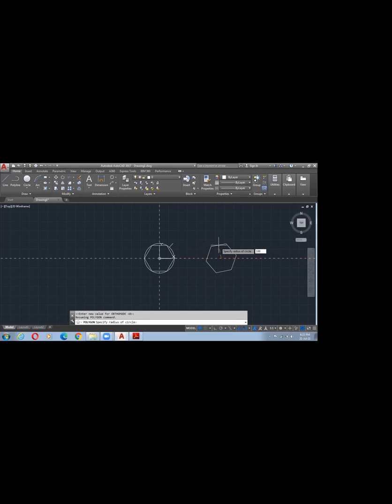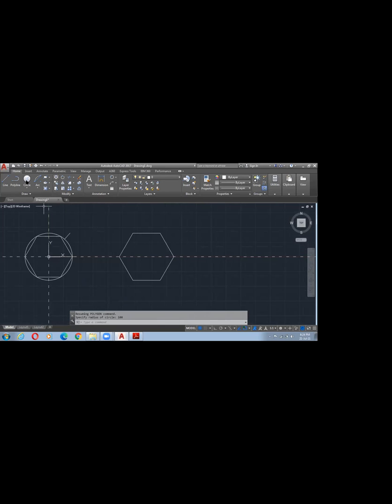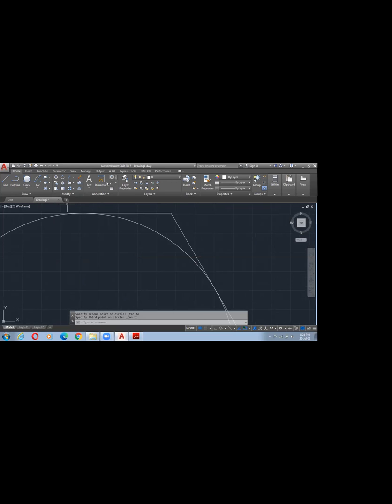Okay. Enter. Got it? Now let us make a circle. To cross check this diameter, let us use tan. It will be perfect. Tan. Got it? Inside and outside. Select the radius.